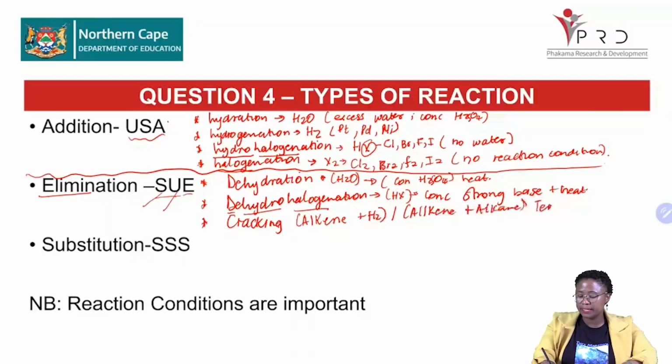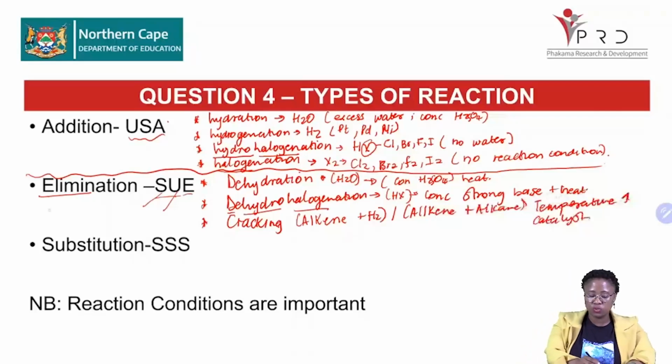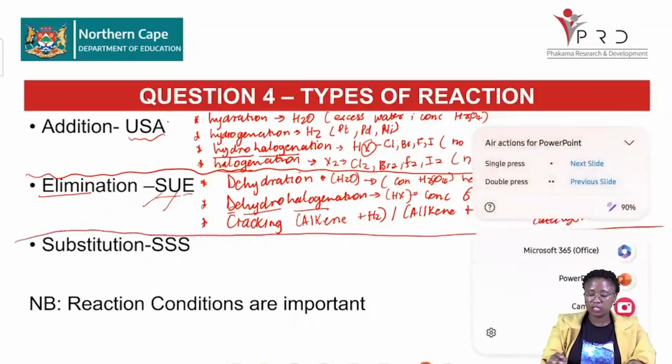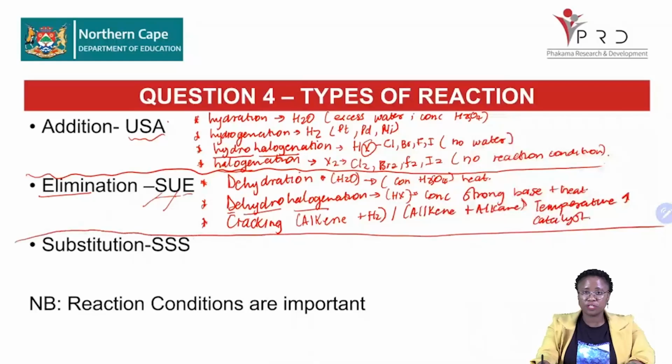Remember, temperature. Okay, temperature must increase. And what else is a reaction condition? You also need a catalyst in the reaction, even if you are not specific as to which catalyst we are using. All you need to know is that. Then quickly, let's look at the last one, under substitution. Again, we have 3 types of substitution reaction. We have actually 2. It's just that the other ones are the same thing, it just differs what